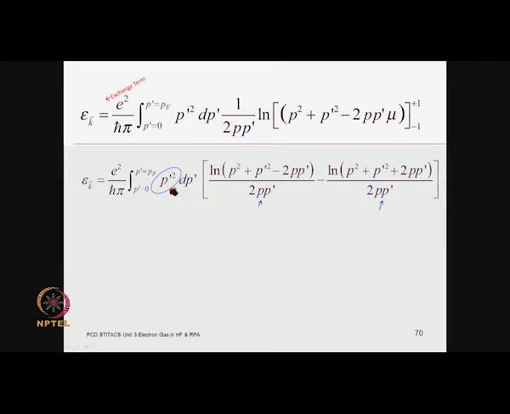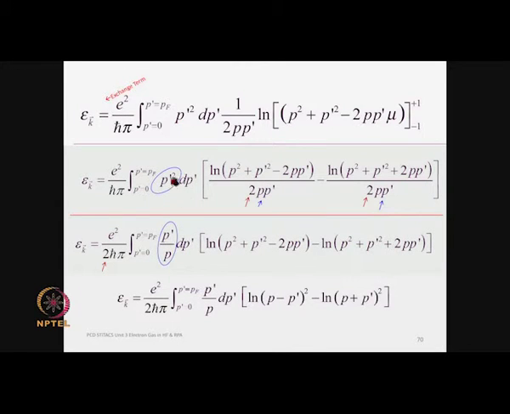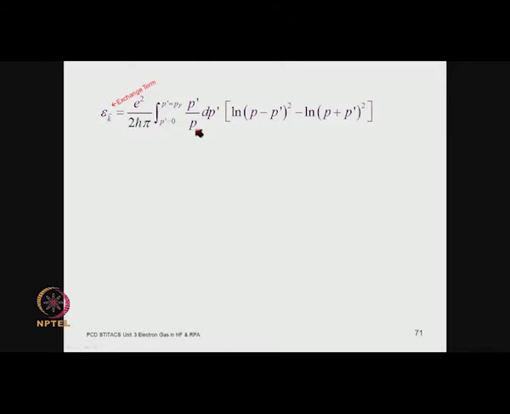Now, notice that there is a p prime square here and you have got a p prime in the denominator. So one of these powers can be reduced and you simplify this expression a little bit. Having reduced one of the powers, you get p prime over p. This p is coming from this common p in the denominator in both the terms. So we have this integration over p prime going from 0 to the Fermi momentum, and then you have got this logarithmic term,